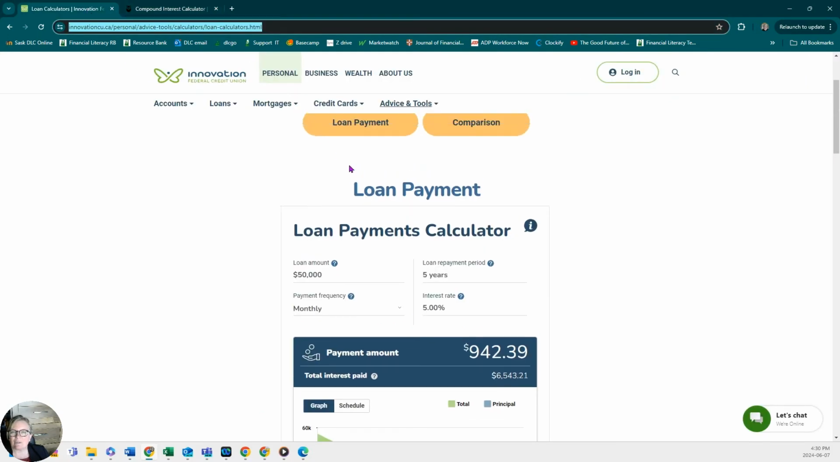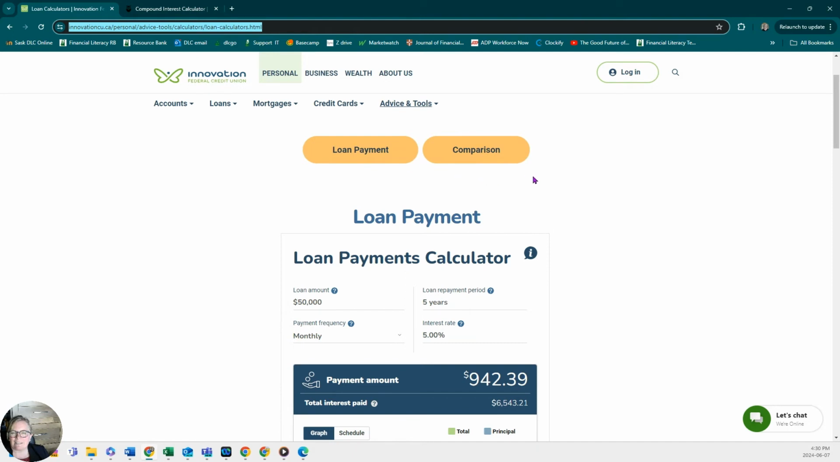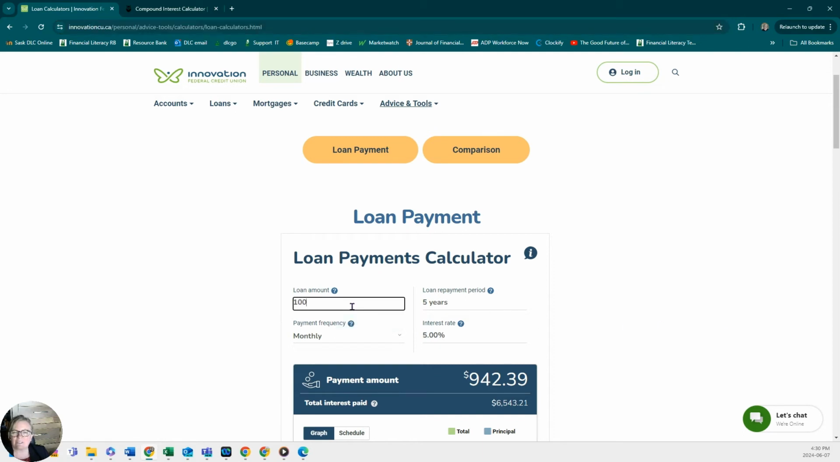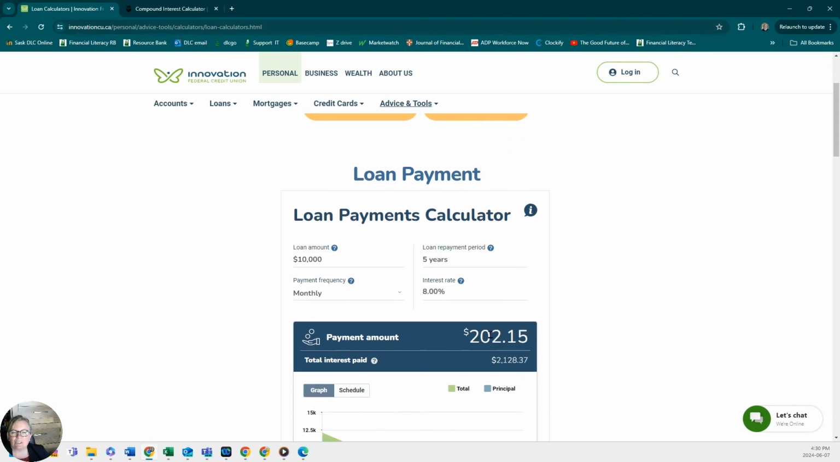Well, now we want to know, what about loans, and how much is it going to cost me? What's a loan payment going to be? And I'll just use an example. Let's say you're going to borrow $10,000 over 5 years. You're buying a car. Interest rate 5% is probably a little low. I'm going to put 8% in here. Might be a car loan payment. It's $200 a month,